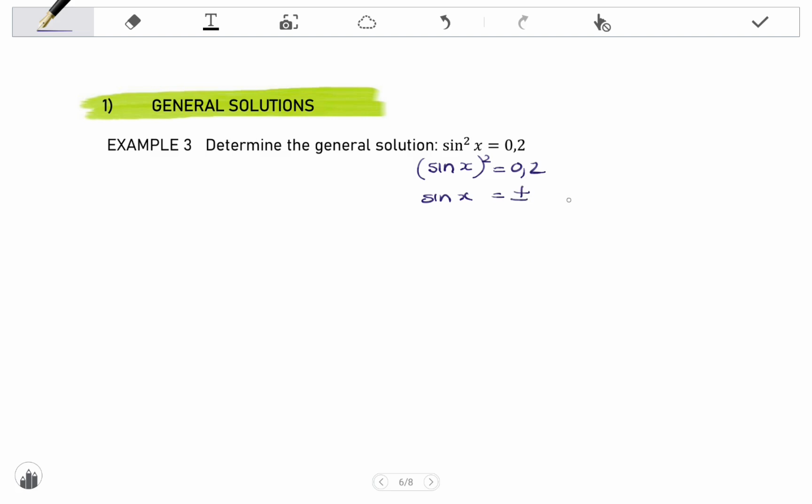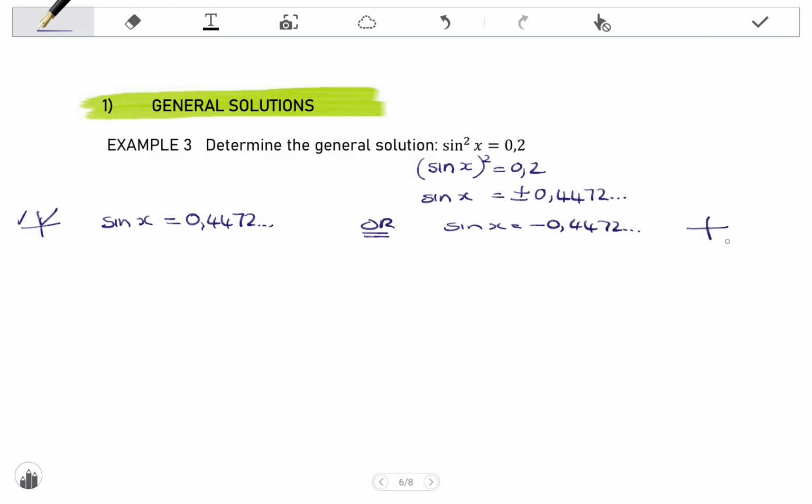If I square root 0,2, I have plus or minus 0,4472, and so on. So what this means is that I have sine x equals the positive value, or I have sine x equals the negative 0,4472. Now, for the positive value, sine is positive in the first and the second quadrant, and for the negative value, sine is negative in the third and the fourth quadrant. So let's first continue where sine x is equal to positive